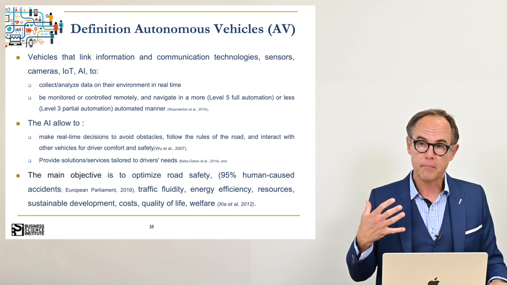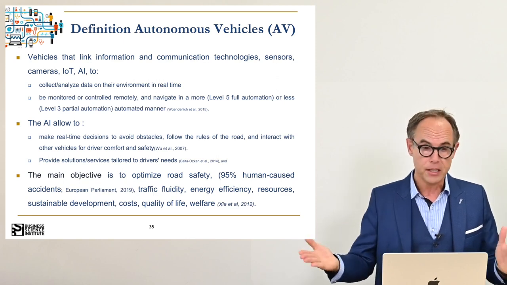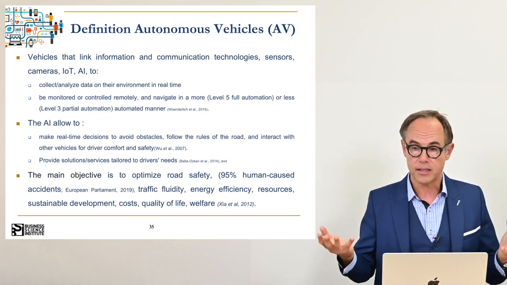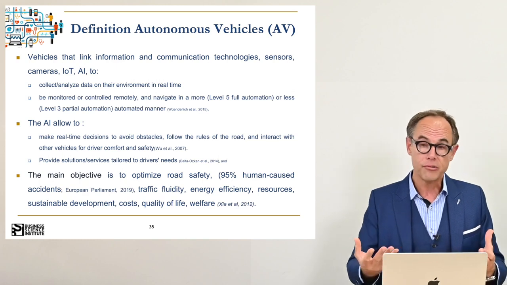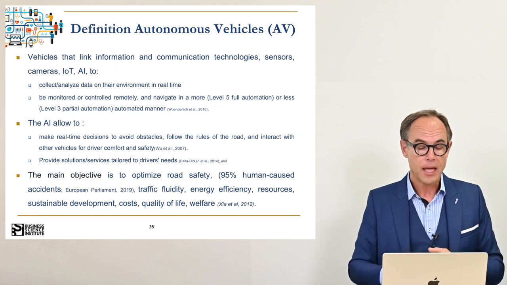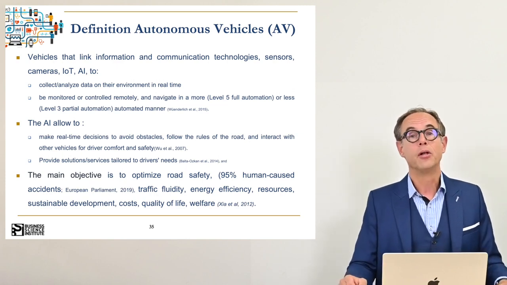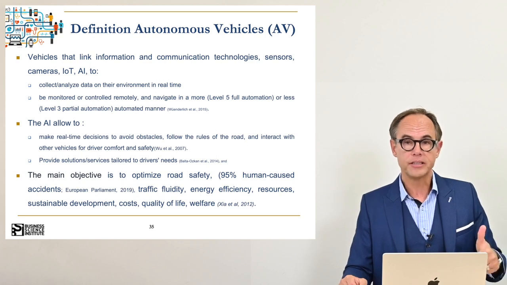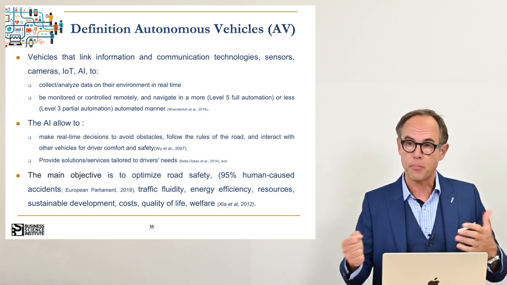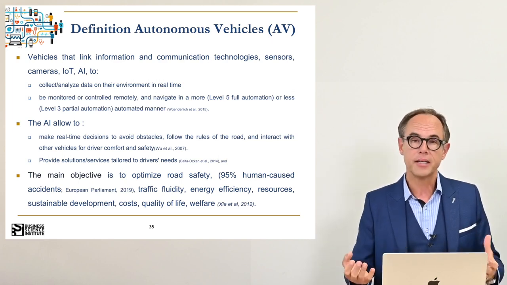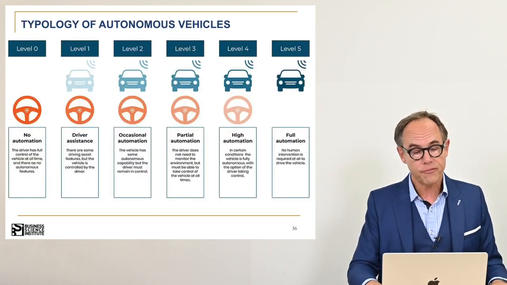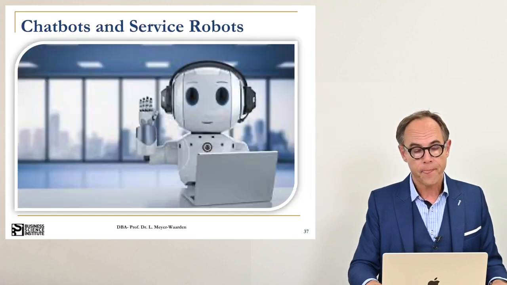It would make driving more sustainable, because by reducing consumed energy, this will also reduce energy and resources waste and decrease CO2 emissions. It would reduce individual cost for the driver, and above all, increase quality of life through higher security, but also through well-being on board. For example, when driver can do sports or relaxing entertainment during the driving process. So here are the different levels of the autonomous vehicles, which we have already seen.